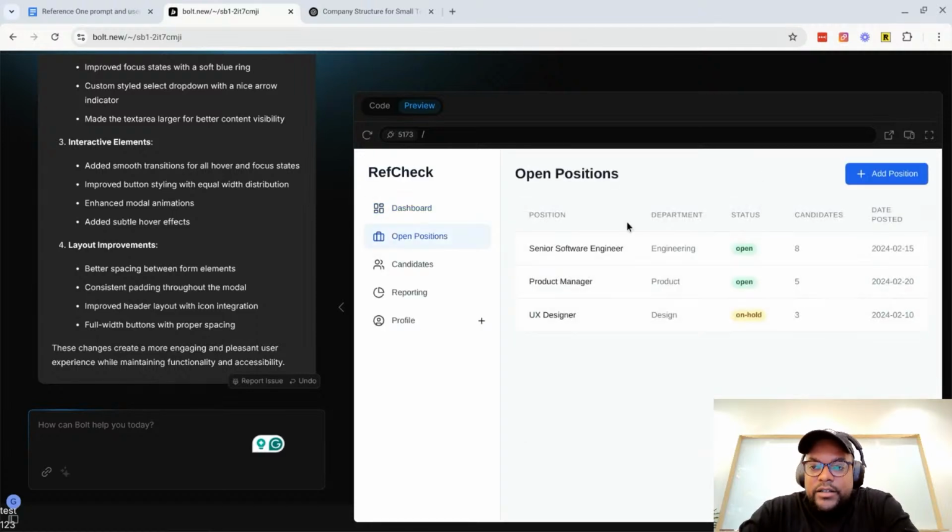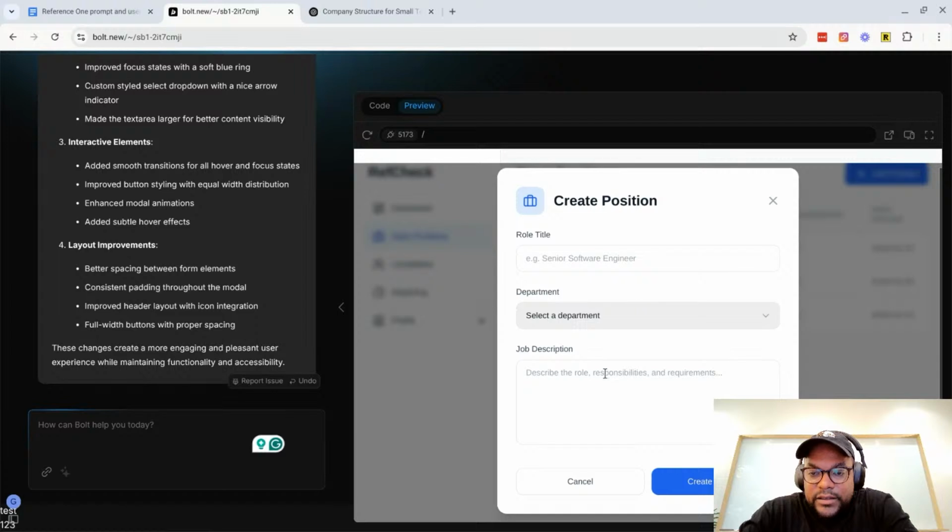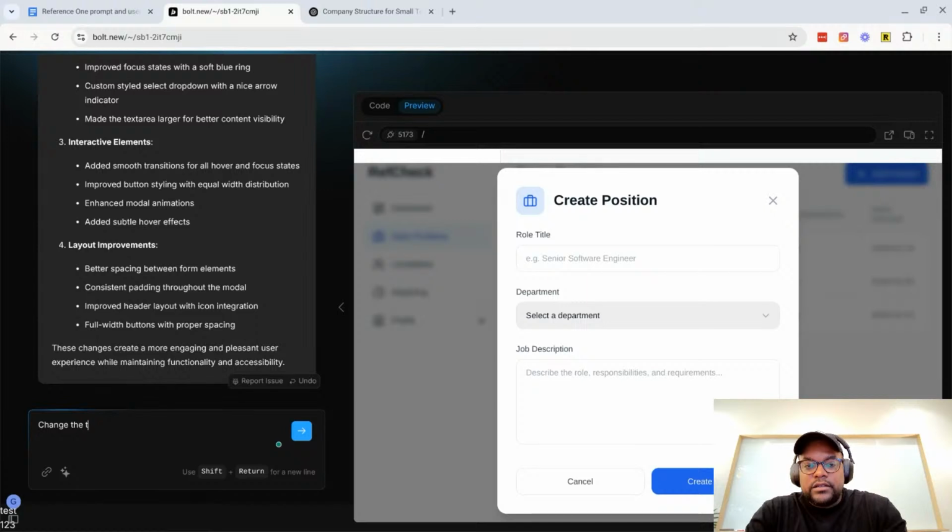Okay, let's see what you did. Oh, that looks so much better. We'll change these so that they're different colors later. But I like what they did here. So instead of this, I'm gonna say change the. I like how it blurred out the back. See,